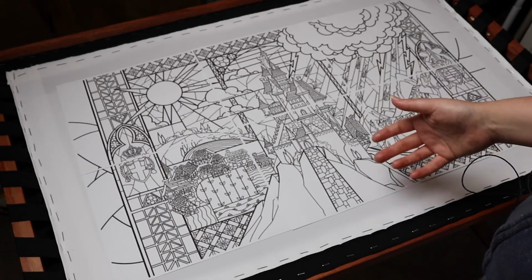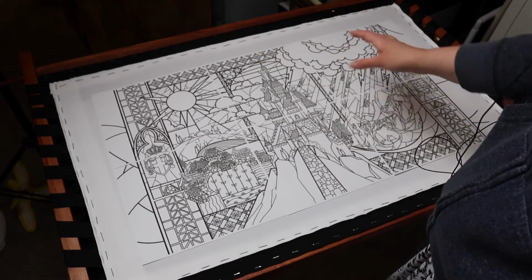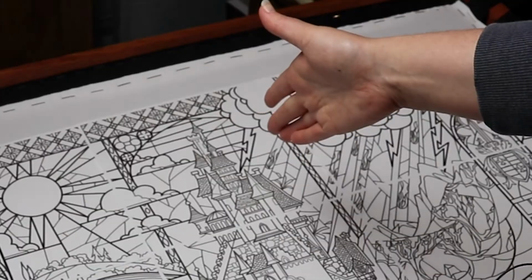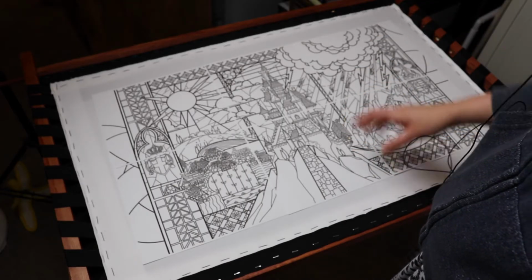It would be noticeable that it's a different stitch, but because it's balanced by the other ones that are also a different stitch, it wouldn't necessarily be like, oh my god, why is that one thing different? Who did this? Who made this choice? They're terrible. Luckily, this is not a decision that I have to make immediately